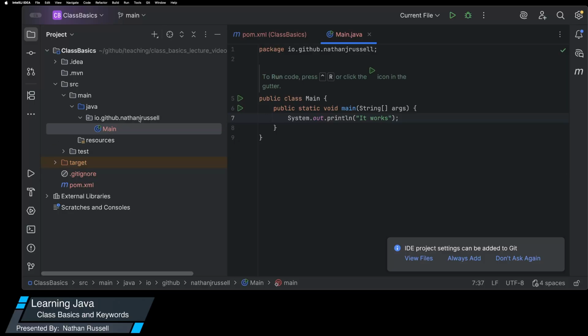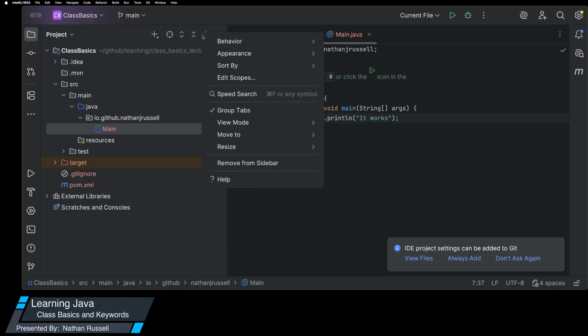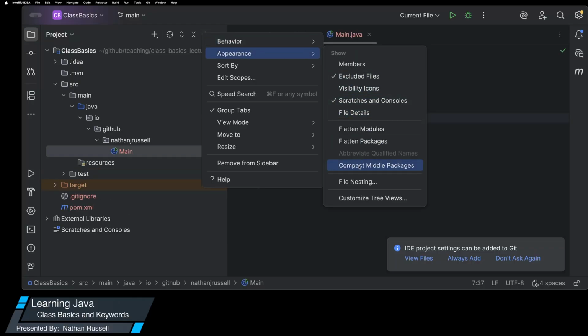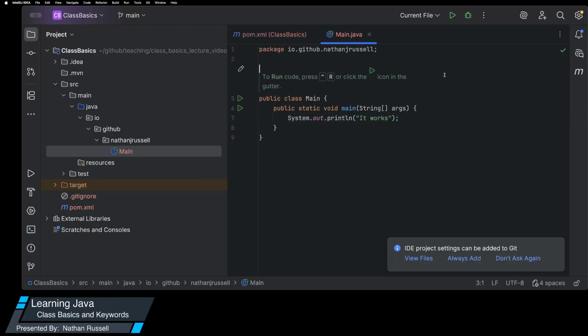Now I'm going to go here, and I want everybody to be aware of this. I can click this and see Appearance, and I could say Compact Middle Packages. Whenever you see me do that, notice the package that I'm creating. If I was going to be publishing this to Maven Central, or even GitHub, this package will be what we publish. These other folders are just for the computer. But notice that we have